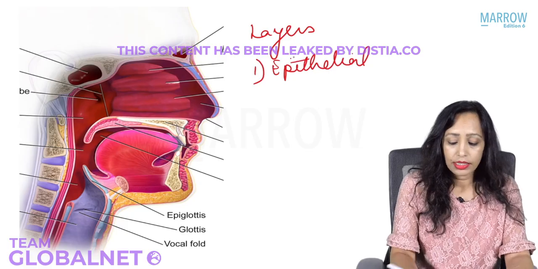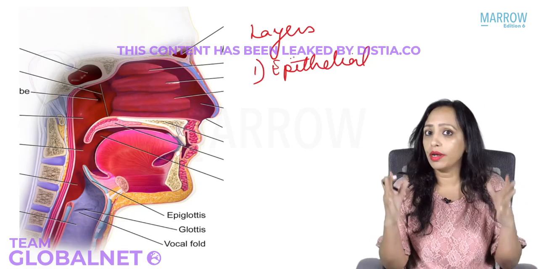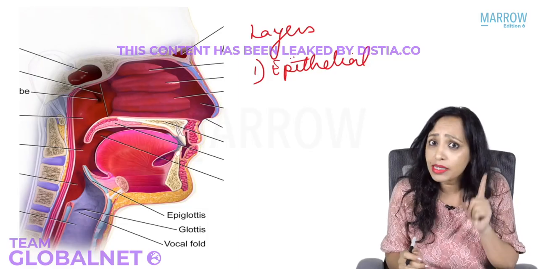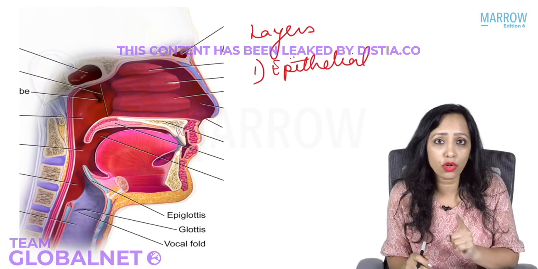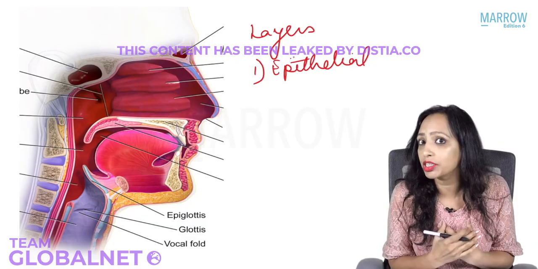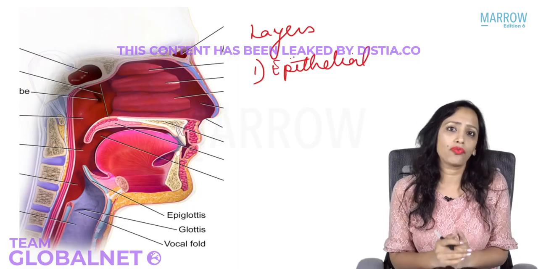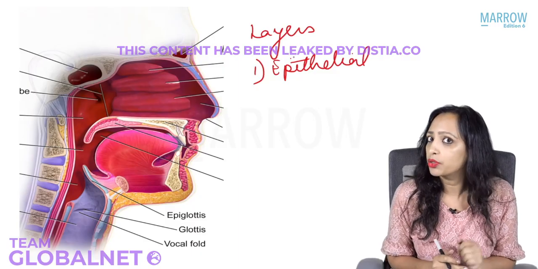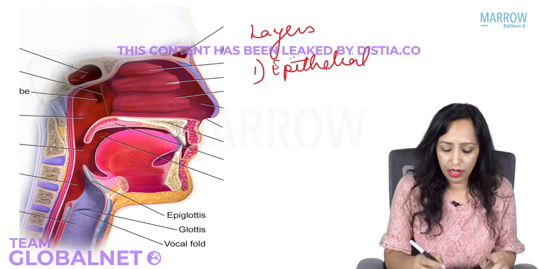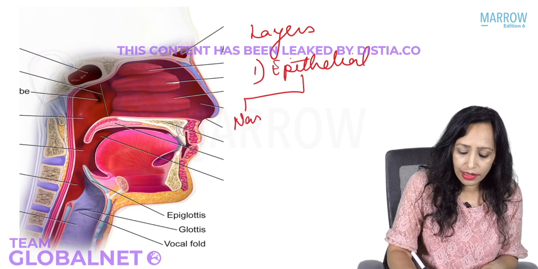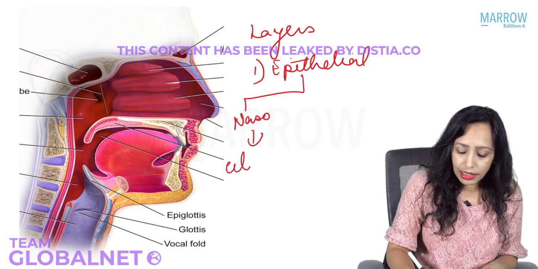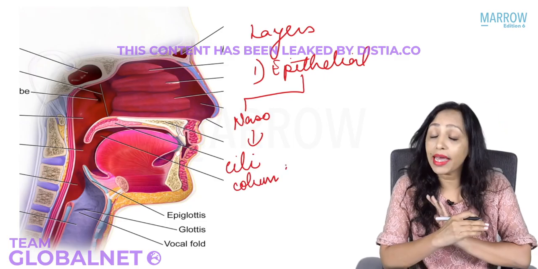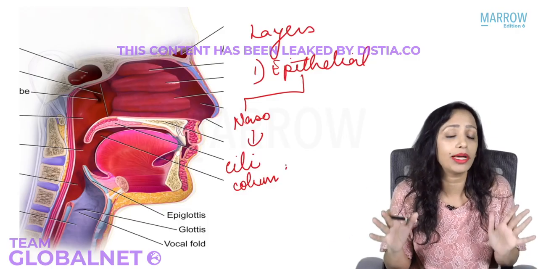Yes, now the epithelium all over the pharynx is stratified squamous epithelium except for the nasopharynx. In the nasopharynx, the lining epithelium is the same as the nasal cavity. So you will tell me nasal cavity, I will tell you nasopharynx. Yes, nasal cavity is lined by ciliated columnar pseudostratified epithelium. So in the nasopharynx, it is ciliated columnar. When I say ciliated columnar, it is understood to be ciliated columnar pseudostratified. Everywhere else it is lined by stratified squamous.